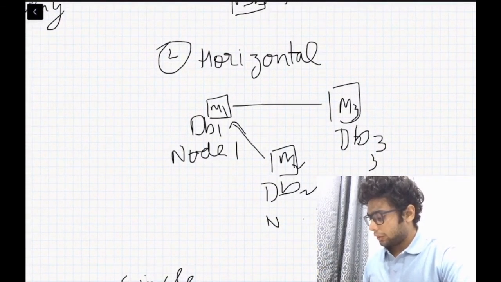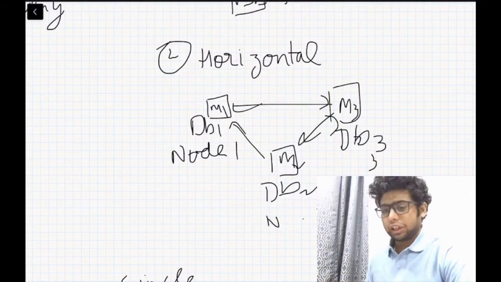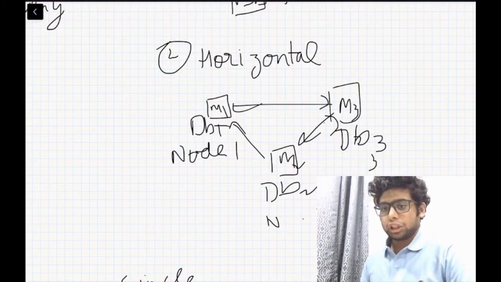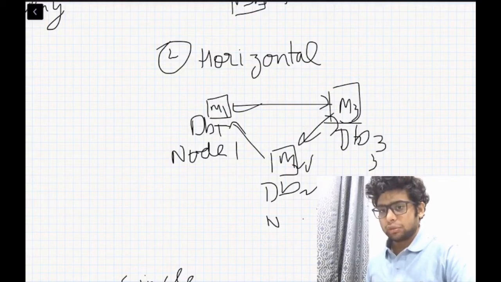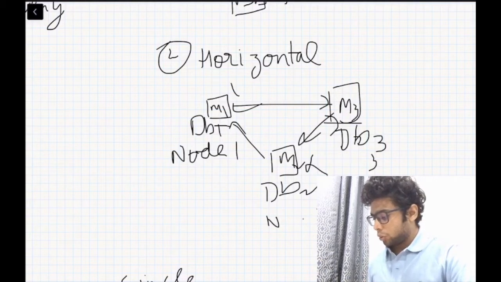With this, you are just replicating your one machine into another machine. You would have copies of the same machine. So there is no single point of failure. If machine 2 goes down, we still have machine 1 and machine 3 working. Also, you can distribute these machines across different geographical locations. M1 could be in the US, M2 could be in, let's say, Australia, and M3 could be in Asia.